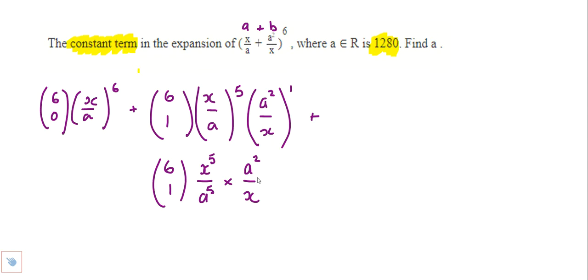Now we've got multiplication of fractions. Now this would still end up with x's. I'd have 4 x's on the top. So I need some way of making sure the x's disappear. So the only way to do that is to make sure I've got the same x on top as the bottom. So I can kind of make my assumption and go, right, the one I actually want is the